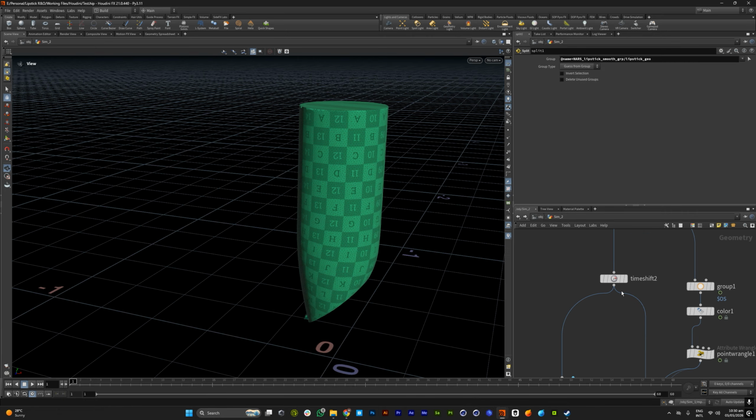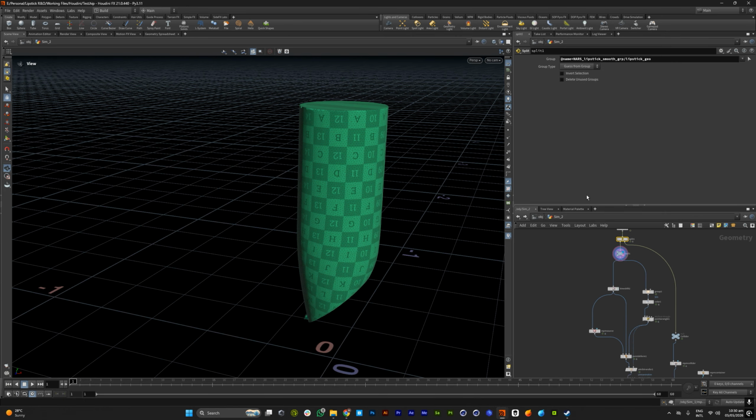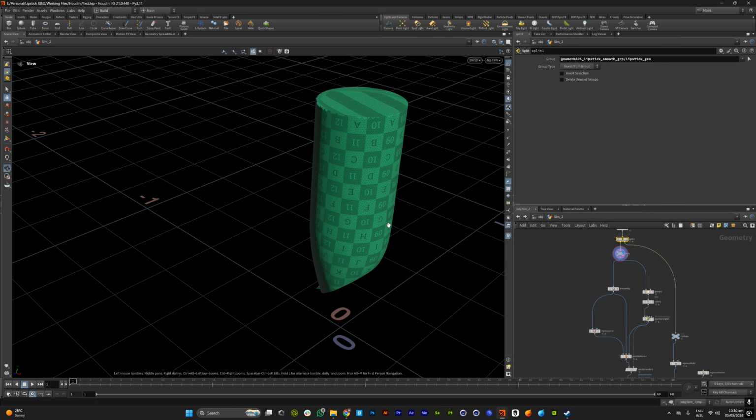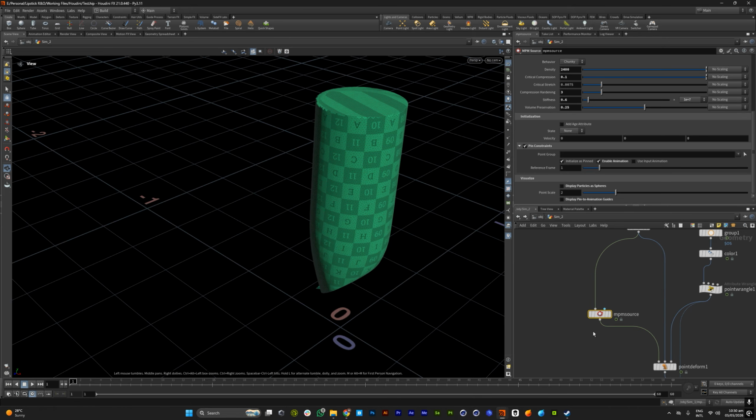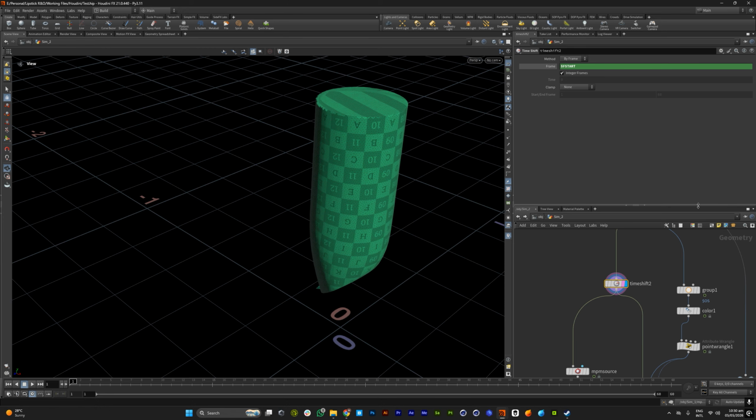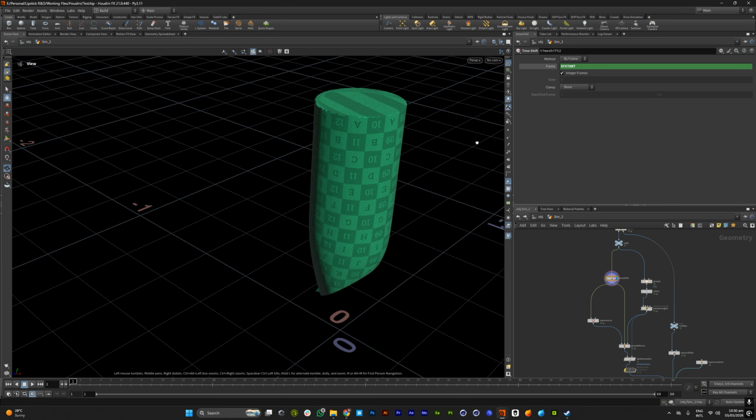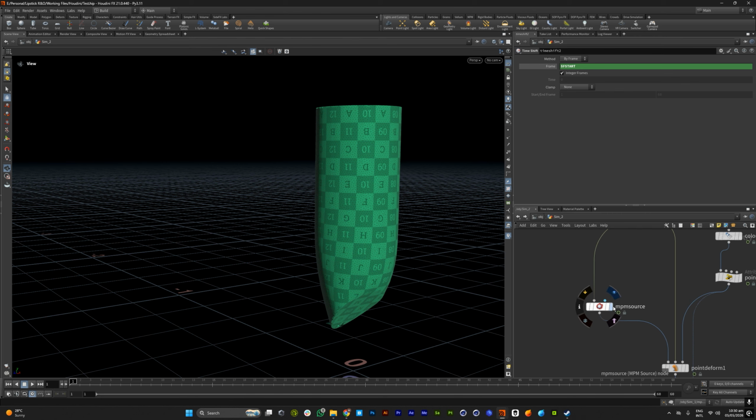Once that was done, now, this is actually a really good trick that I saw somewhere. What that basically means is you don't use an animated geometry for your NPM source. Instead, you use a static geometry for your NPM source. Now, if I open up my NPM source,